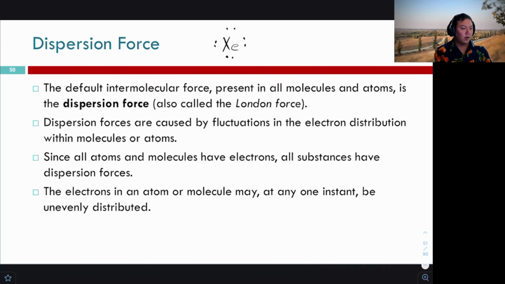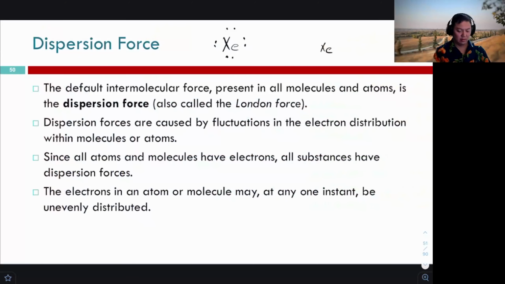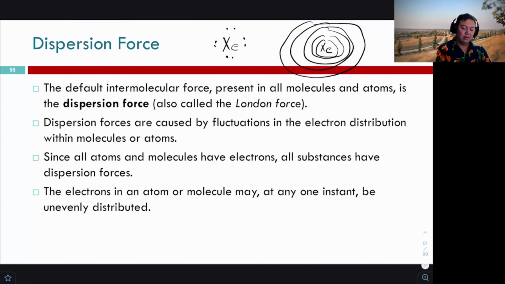So these dispersion forces are caused by fluctuations in the electron distribution within molecules or atoms. Especially for something like xenon, let's look at the periodic table. It goes 1, 2, 3, 4, 5 principal quantum shells, so it's going to have essentially 5 layers of electron shells around it. Remember, these are orbitals, so they've got all kinds of different shapes, but generally each one gets larger and larger. And so when you have something like this,